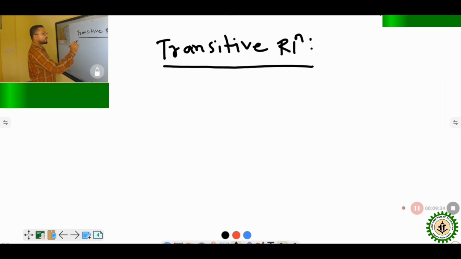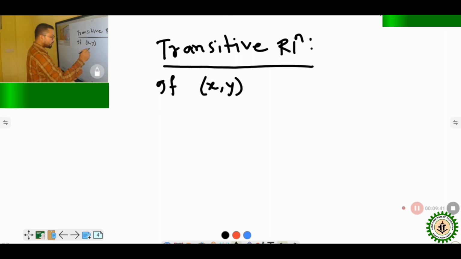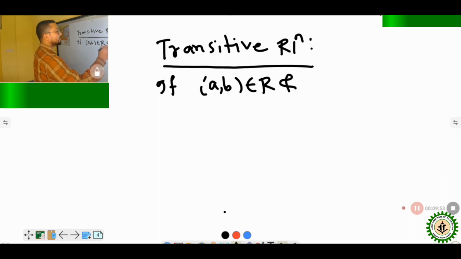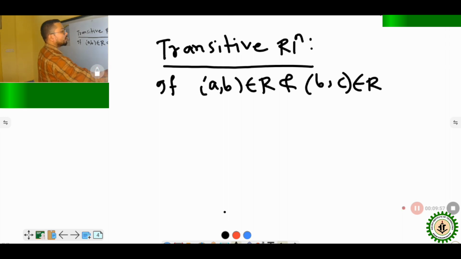Suppose R is a relation. Previously we took (a, b), so we can take (a, b). If (a, b) belongs to R and (b, c) belongs to R, and together both imply (a, c) belongs to R,